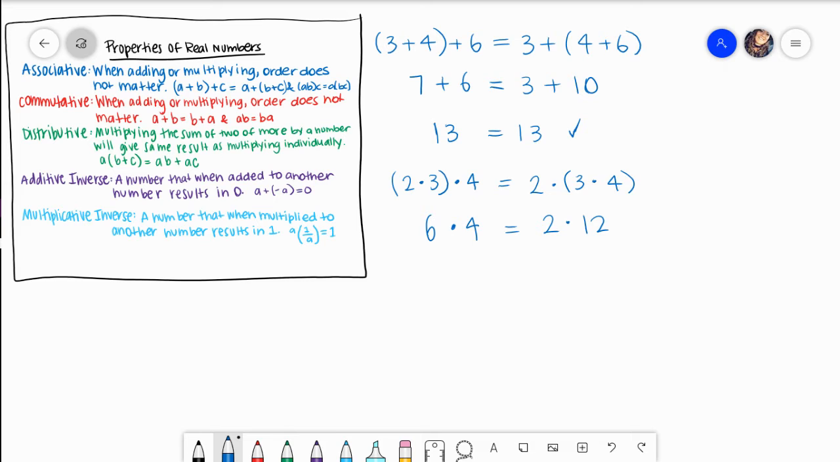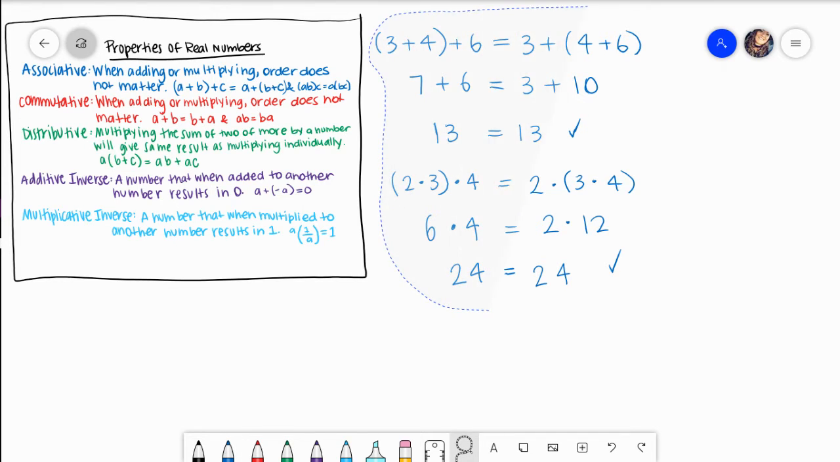Well, on the left-hand side, if you do 6 times 4, you get 24. On the right-hand side, if you do 2 times 12, you also get 24. So the associative property states that when adding or multiplying, order does not matter. And those examples right there should help prove that. Okay, so